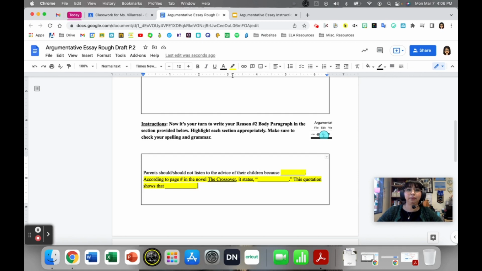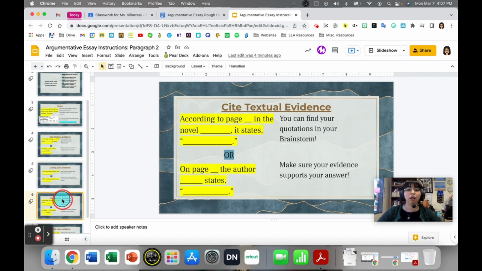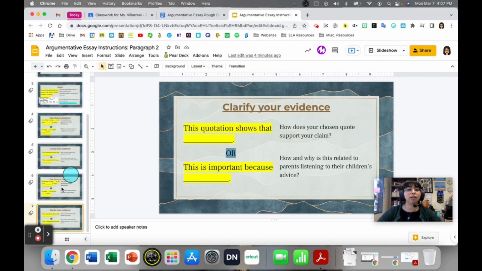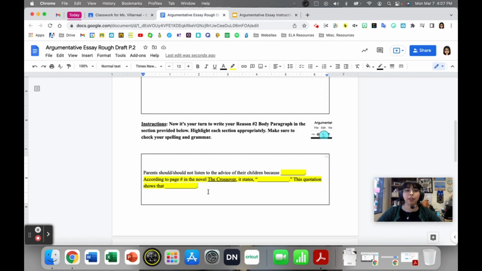Once I've done that, I have to give another textual evidence. Okay? This time, because I don't want to be using the same one because that gets boring, I'm going to go ahead on page blank, the author states blank. So I'm going to copy back to my document. I'm going to paste without formatting. On page blank, again, the